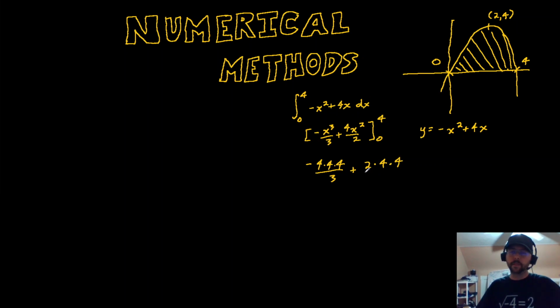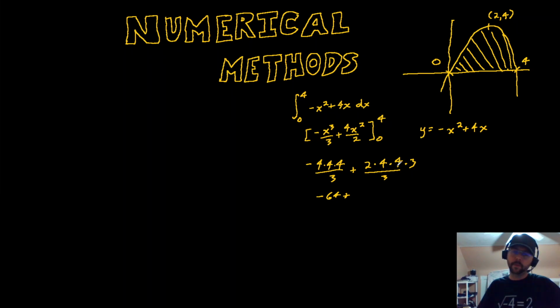Then to make that so we can add it with the bottom, we have to multiply by 3 over 3, and nothing's going to cancel out, so we have negative 64 plus